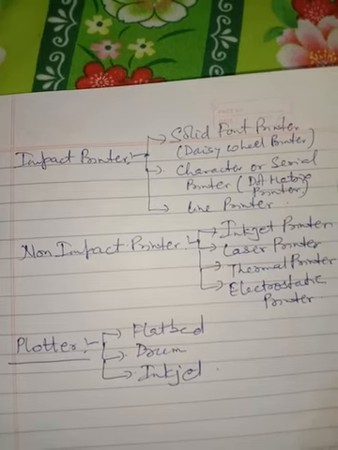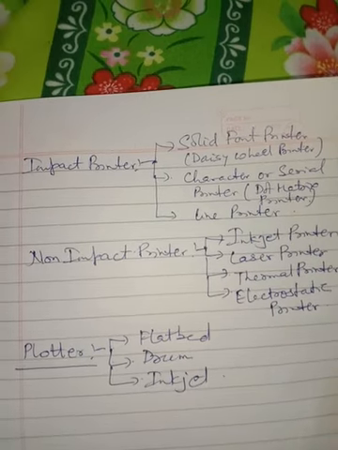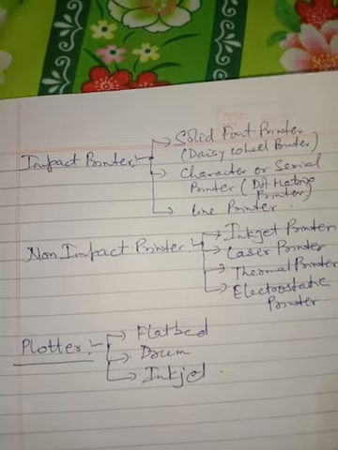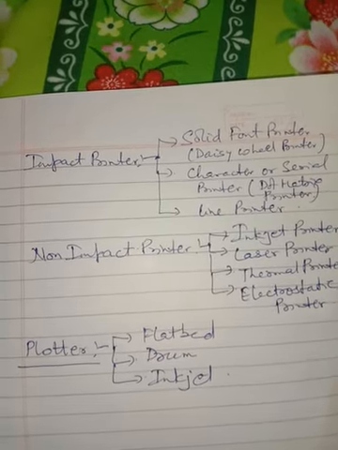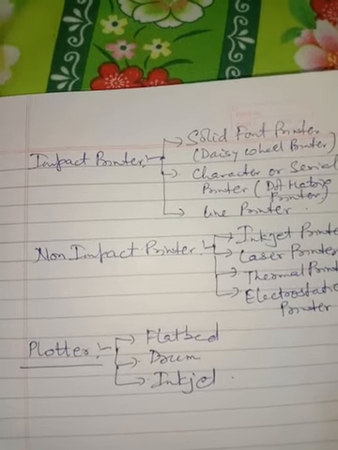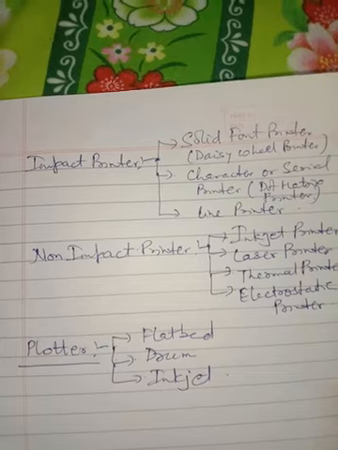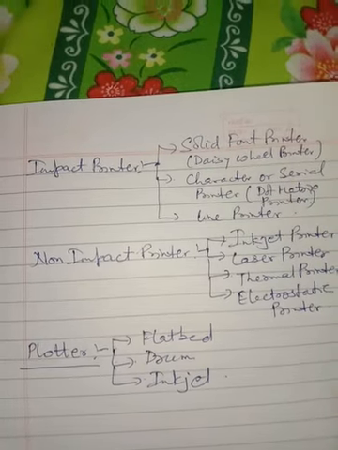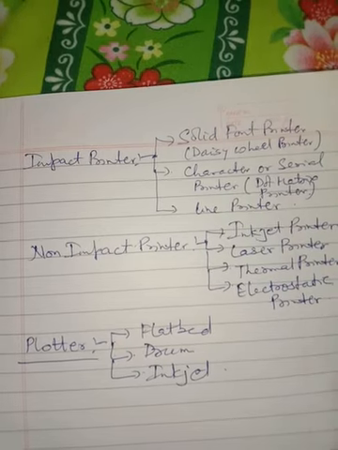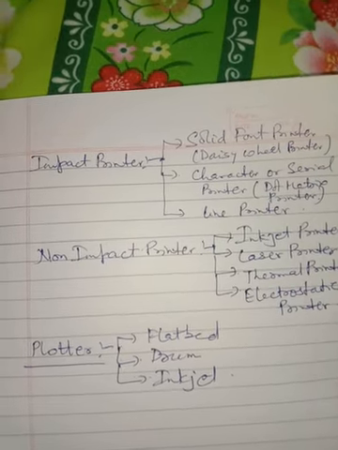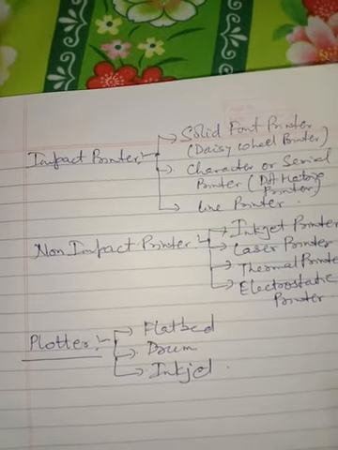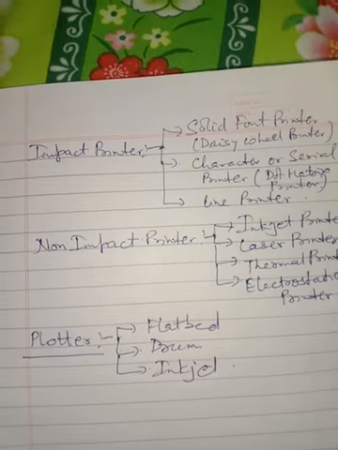I am going to revise again. What is a plotter? It is a device used to print high quality graphics and drawings, like plans for buildings, blueprints, maps, etc. The plotter is of three types: flatbed plotter, drum plotter, and inkjet plotter. What does a flatbed plotter do? It holds the paper in a fixed position. A movable pen moves horizontally and vertically, so it takes a lot of time to draw a graphic. Next we have the drum plotter.